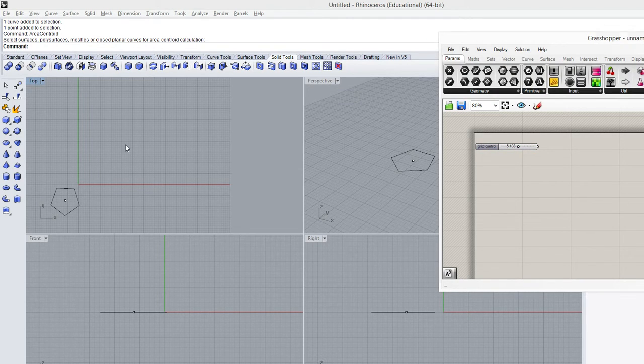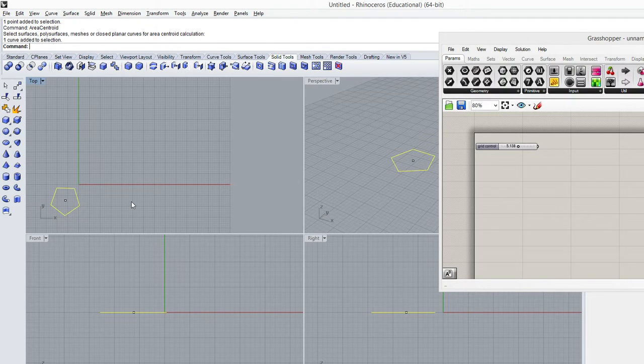So over here in Rhino, I have a polygon drawn, just a little pentagon, and then I used an area centroid control to generate a center point of that polygon. So I'm going to generate another one